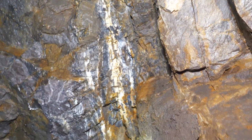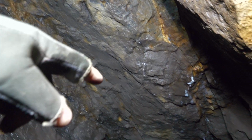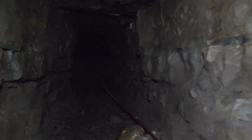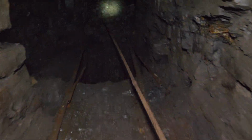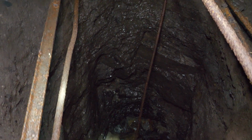Yes, up here look, in the ceiling, you can see the vein going along there that we've been following. But there's actually two veins side by side. One continuing straight ahead, one running off to the left. Let's go and have a look at this one. I know the right hand rule and all the rest of it. So, straight to a little shaft,